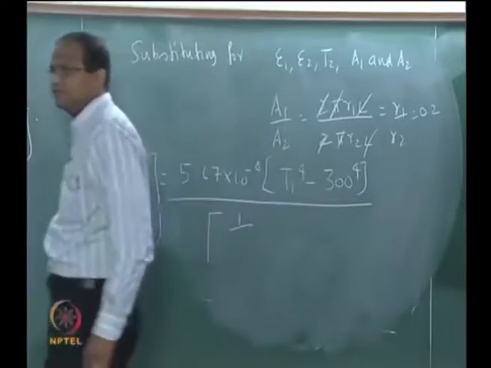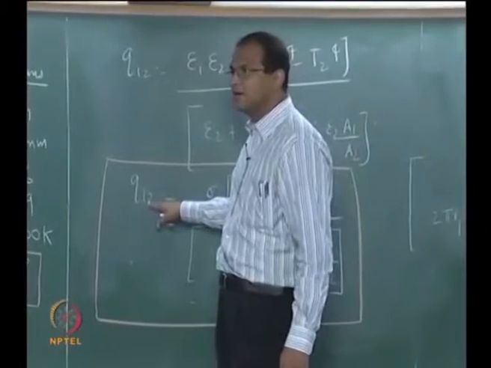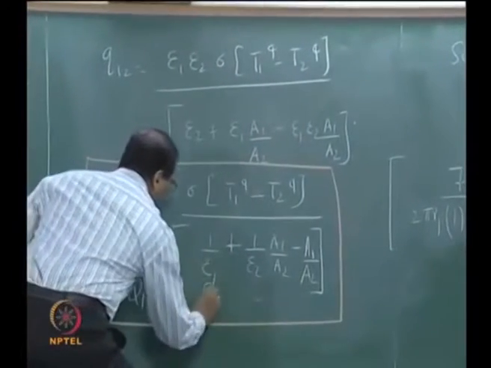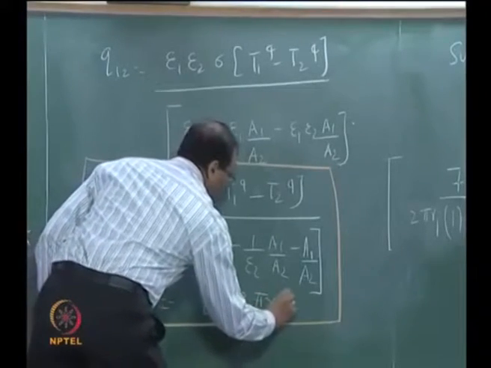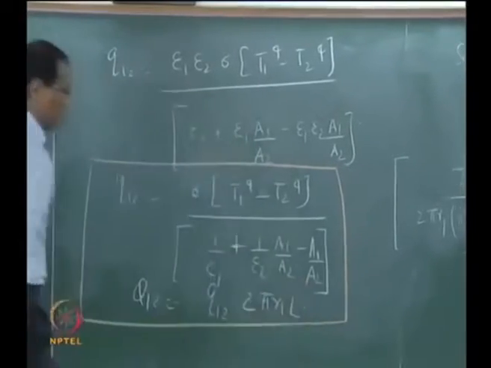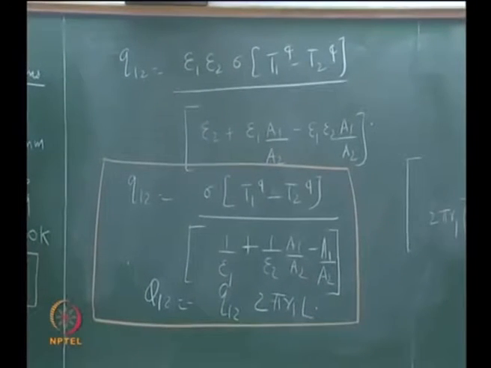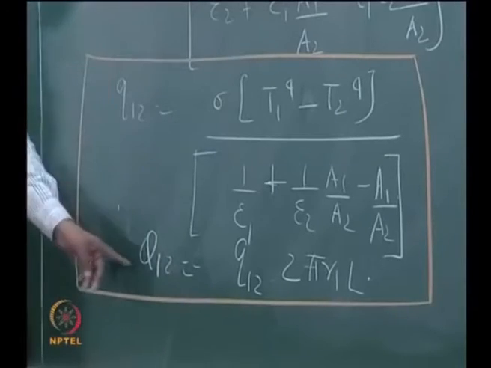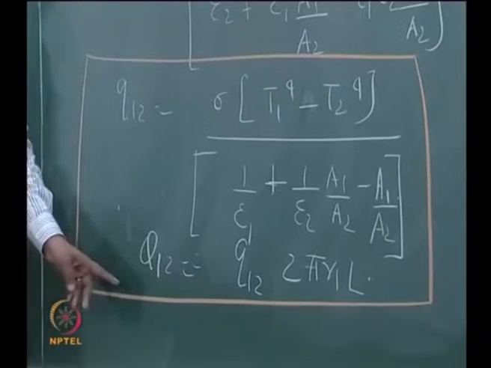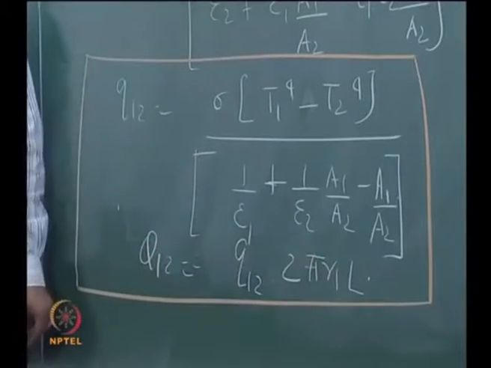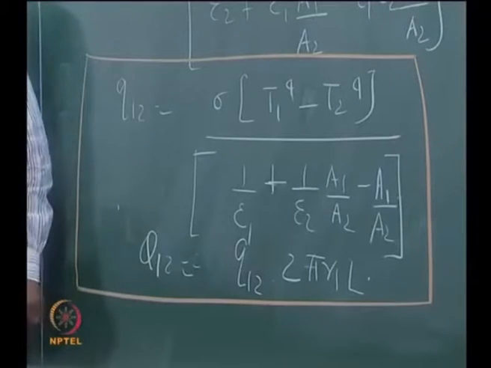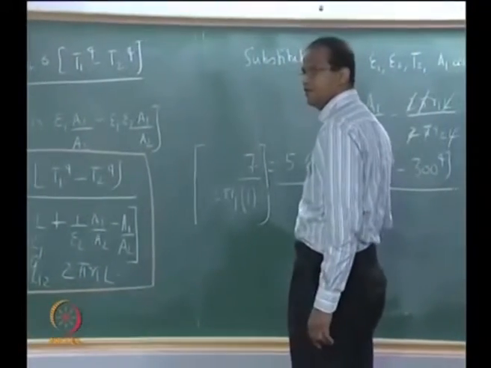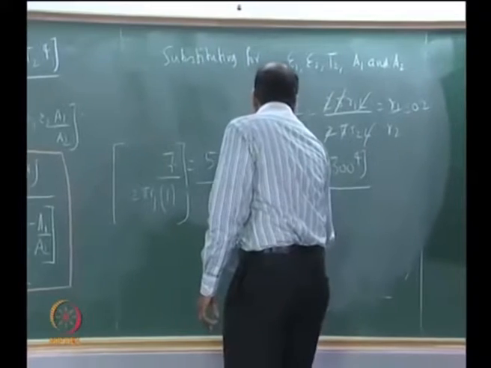Per meter length. No, but this q is in watts per meter square. This q is in watts per meter square, therefore this is correct. Do not worry about that formula. What I gave you, 7 watts per meter length, means I am saying L is 1, I am not saying R1 is 1, R1 is there. Abhishek, is it okay? Now the 2 pi R1 is correct. Now 1 by epsilon 1 is 0.6, epsilon 2 is 0.9.